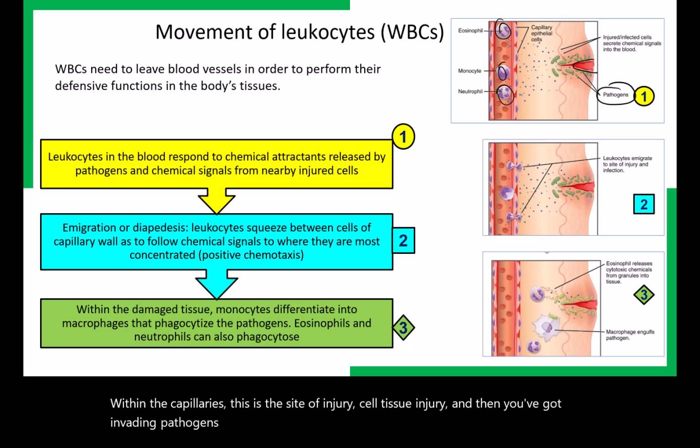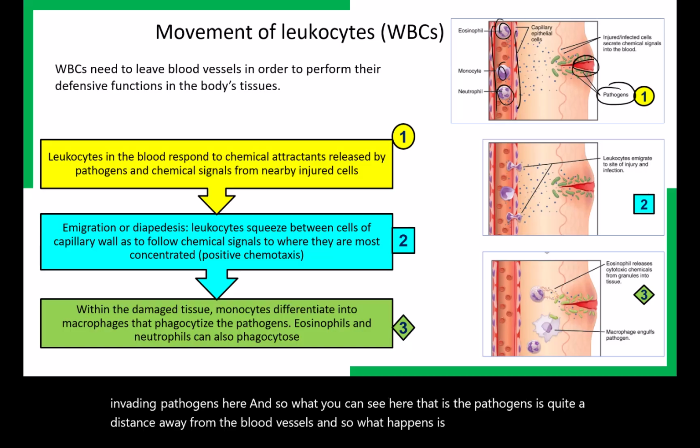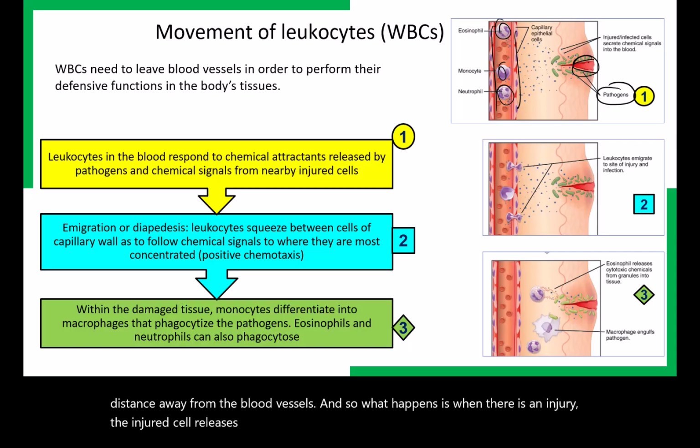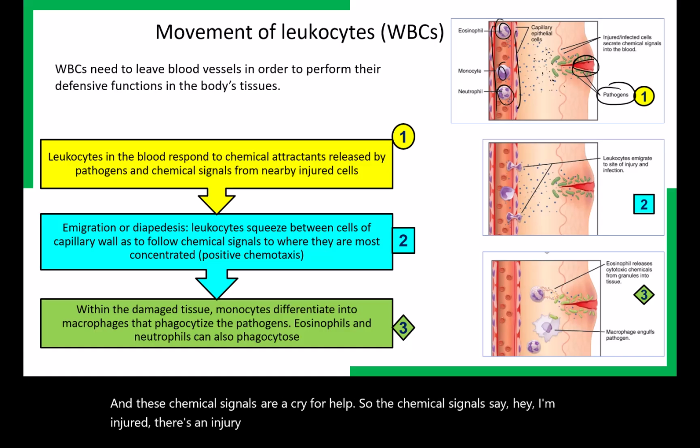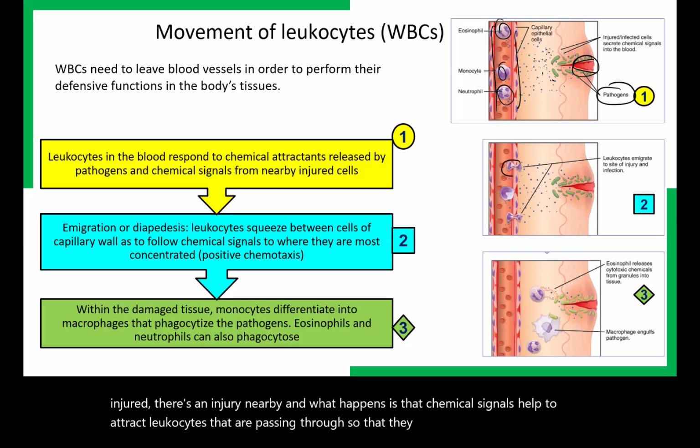This is the site of tissue injury, and then you've got invading pathogens here. And so what you can see here is the pathogens are quite a distance away from the blood vessels. And so what happens is when there is an injury, the injured cell releases these chemical signals, and these chemical signals are a cry for help. So the chemical signals say, hey, I'm injured. There's an injury nearby. And what happens is that chemical signals help to attract leukocytes that are passing through so that they can squeeze out of the gaps